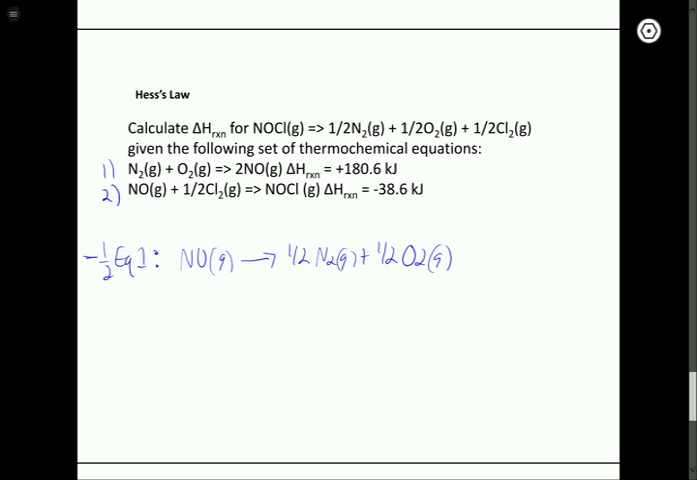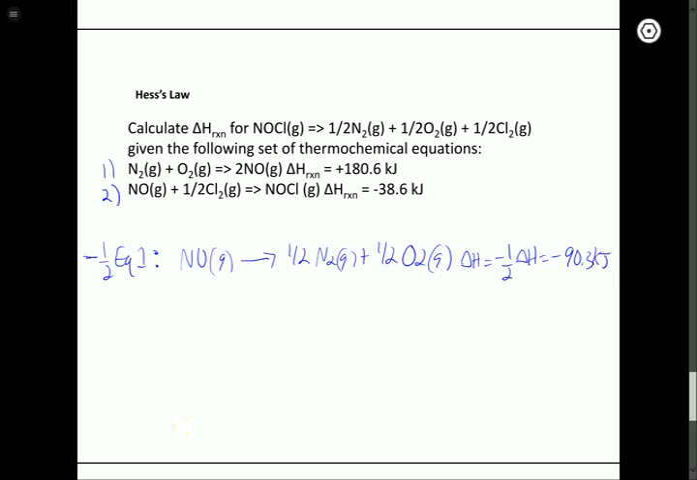So that gives us 1/2 N2 and 1/2 O2 as products, which is what we want once we add the two together. So again, what we're doing here is figuring out a way to add these two equations together to get our overall reaction. And then the delta H for this first step is going to be minus 1/2 times delta H1, because we flipped the reaction and we divided the coefficients by 2. So 180.6 times negative 0.5 is going to be minus